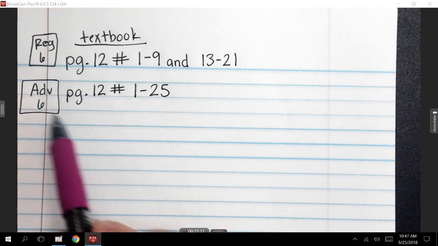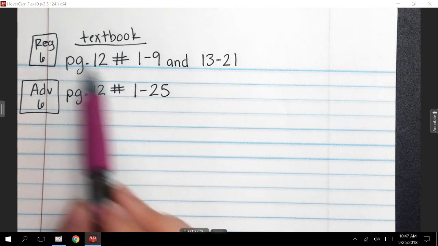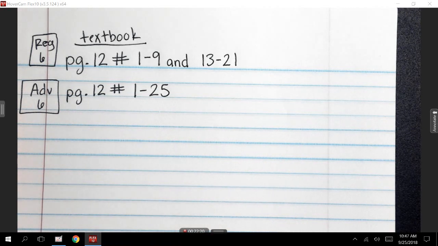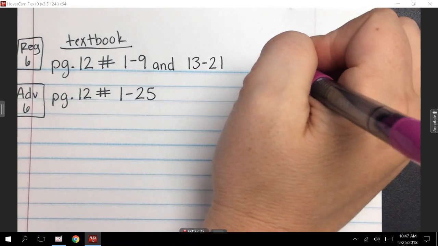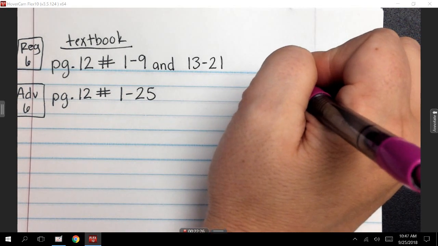If you're in advanced, these are the problems that you're doing. All right? If you're in my regular class and you want to try those extra ones, try a couple of word problems. They're awesome. All right, make sure you put your name on your paper over on the right-hand side. And today's date is